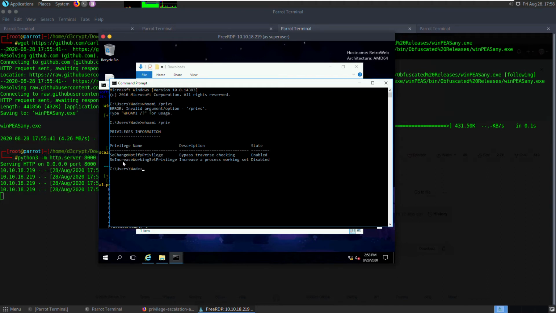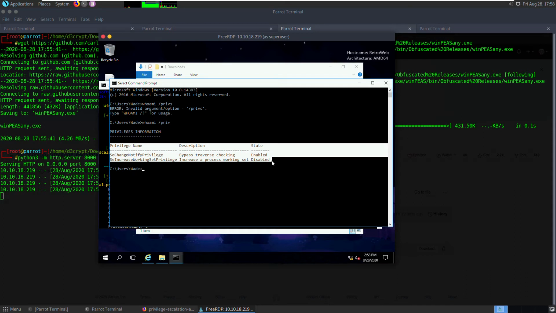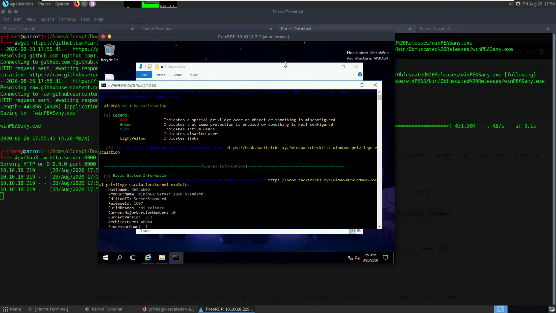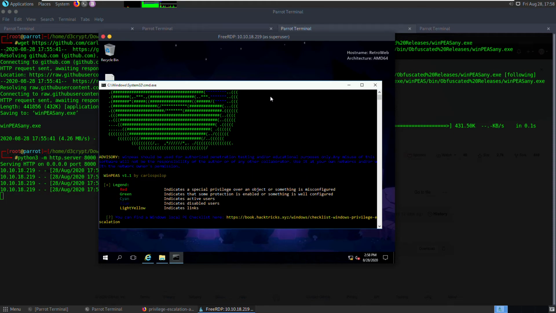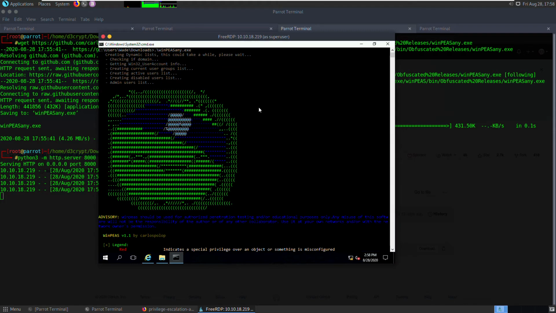Okay, so looks like we don't have any token privileges like SeImpersonatePrivilege or SeAssignPrimaryToken, which, if we had, we could have leveraged to do a juicy potato exploit on this, but unfortunately we don't have that on this machine. So that's one of the differences between this machine and Retro, and I'm going to show you how to solve this particular machine